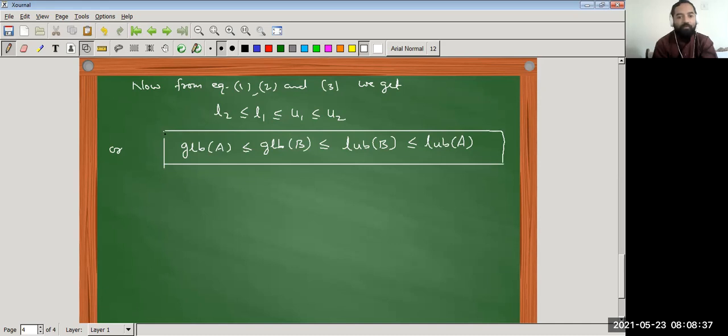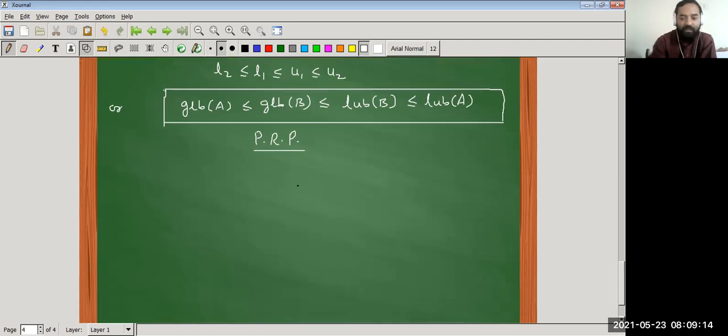So again, pause the video, revise the content, and then you proceed, because this theorem is very important. So you can revise the content by taking a pause, because this result is not so much simple. If you try to relate, try to construct an example, then the proof of this theorem become very easy.